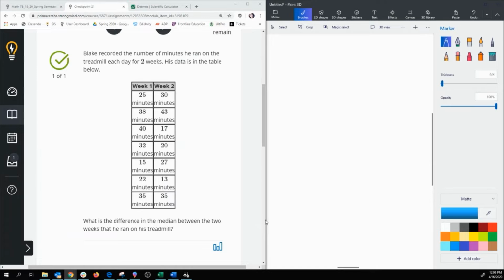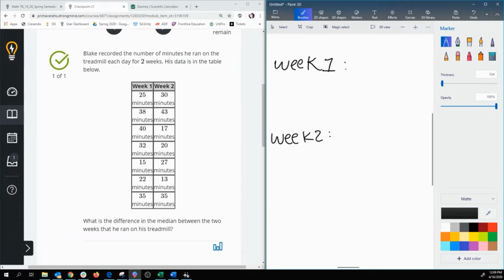All right, perfect. So again, we're asked what's the difference between the median between the 2 weeks he ran on the treadmill. So here we're asked to find the median. Median means what? When it says median, what's it asking me to find? The middle, right? Median's asking me to find the middle number. And the best way to find the middle number is going to be to write all of them from least